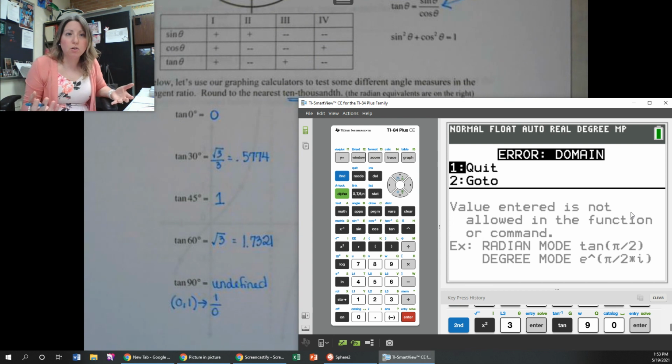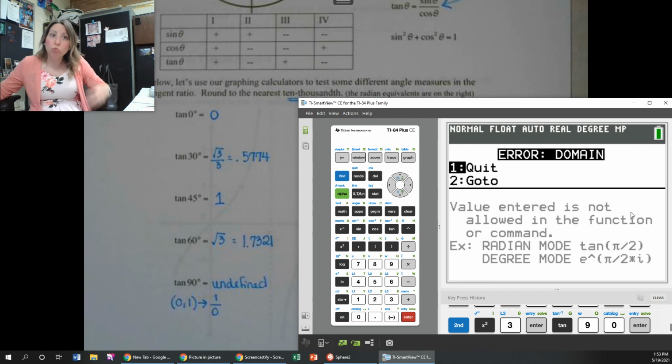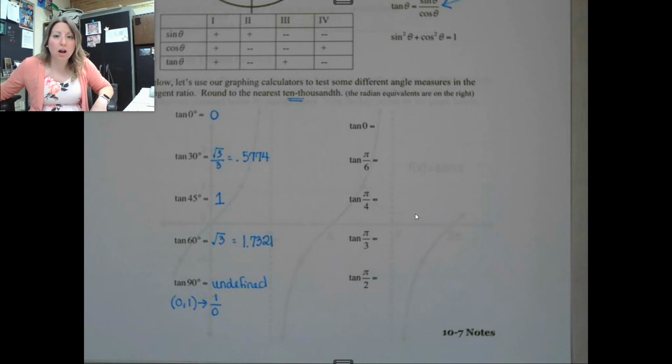You can't divide by 0. Tangent is undefined at 90 degrees. So that becomes a really interesting function graph as a result. Okay. Now, what I want to do before I move too far along, right, is these are all